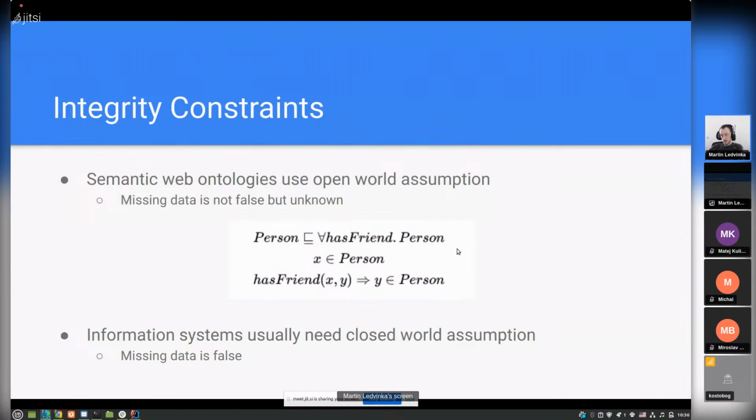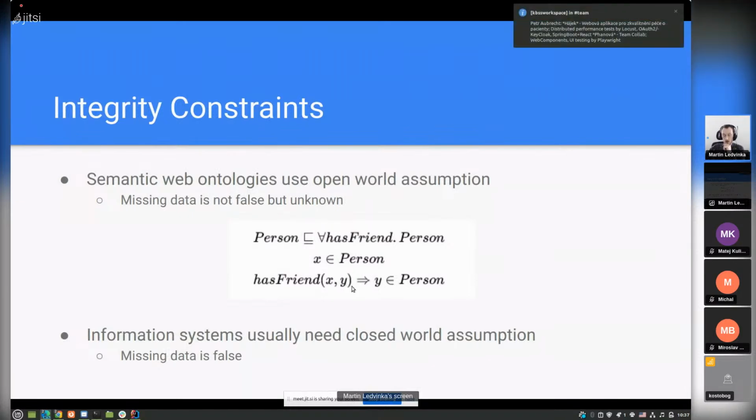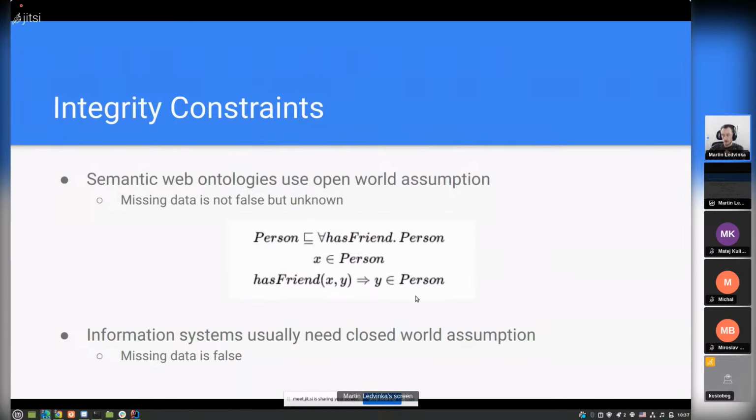I have an example here. We have an axiom which states that every friend of a person is also a person. Then we have X, an instance of person, and we say that X has a friend Y. But since we don't say any classification for Y, the reasoner, to stay compliant with the first axiom, will infer that Y is a person as well,